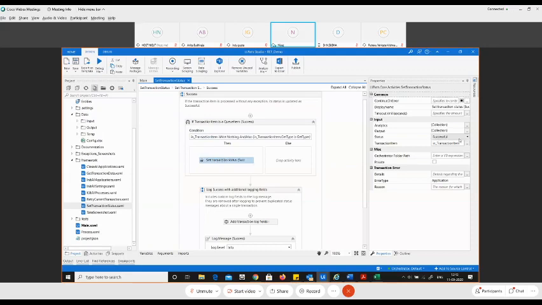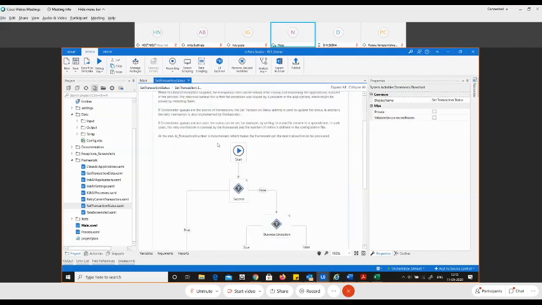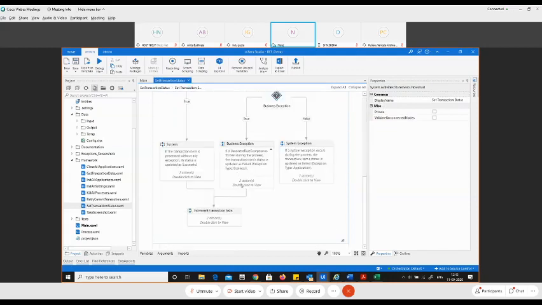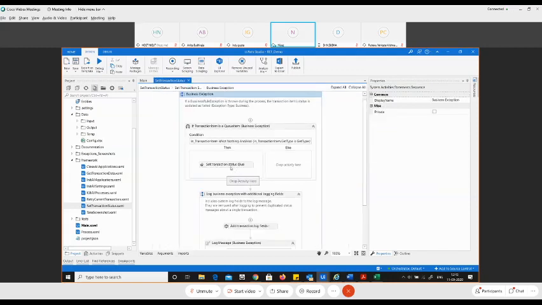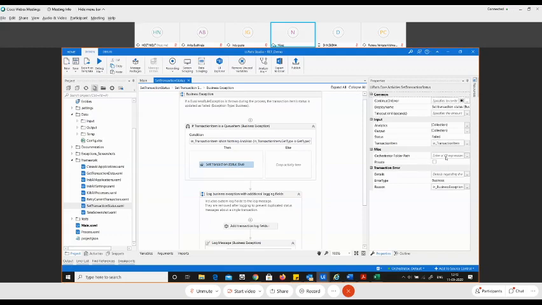Over here you can see we are setting the success transaction as successful, and over here we are passing the transaction item variable. Now if I go back over here to the business exception that we are having, you can see again we are setting the transaction item as failed because it's a business exception. The queue did not perform correctly. Why should I put it as success? I'll mark it as fail. And then you're saying for this particular transaction item, mark that success.